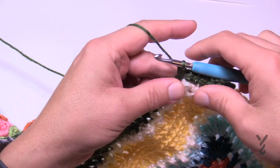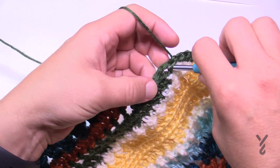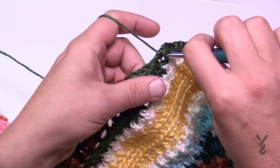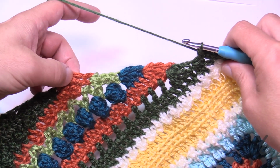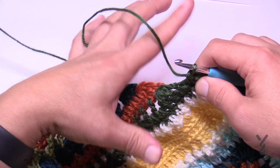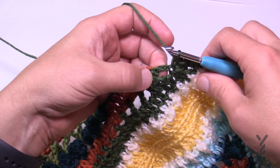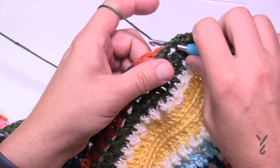So the next several are all trebles. So when there's a treble, there's gonna be 3 single crochets around the post. So 1, 2, 3. And here's the tip. It's not gonna be until you get to this long one that you're gonna have to worry about changing that concept. So it'll be 3 around each post until you get there. So go into the connection spot, and then around the next post, and in this post there's gonna be 3 single crochets again,